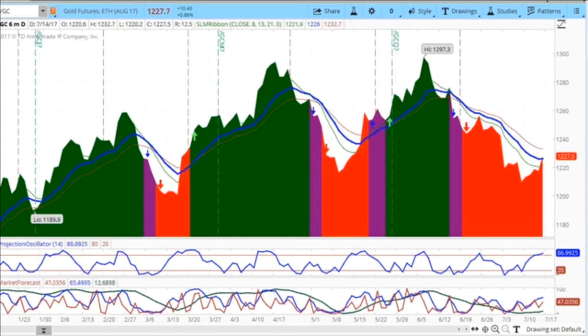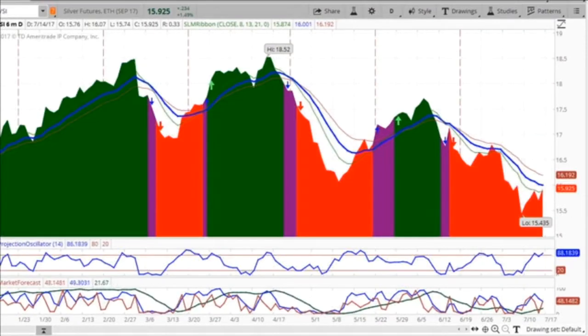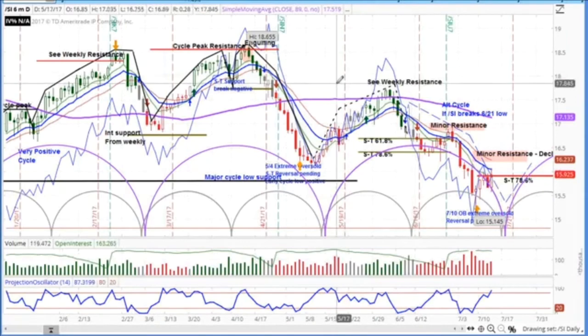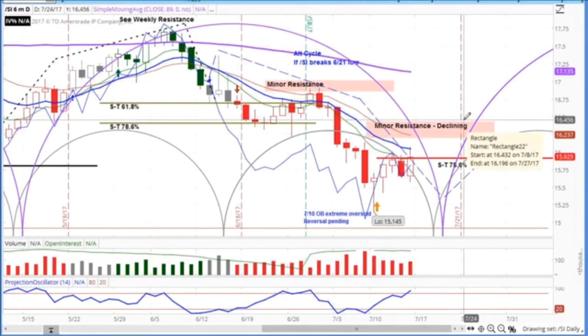I can show you the same thing setting up here in the silver market, which is even weaker. You see it didn't quite get up to the center of the slim ribbon and overbought. So that says to me silver is going to pull down again. So here is that silver pattern, and you could see right in here what we said for the week was